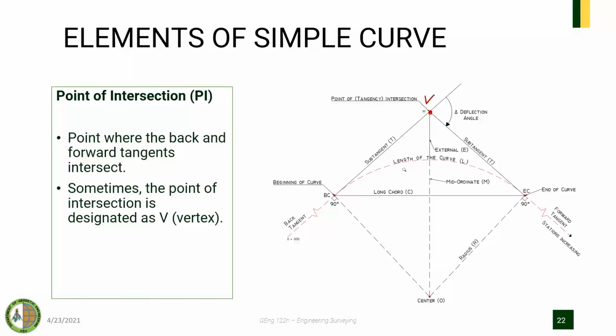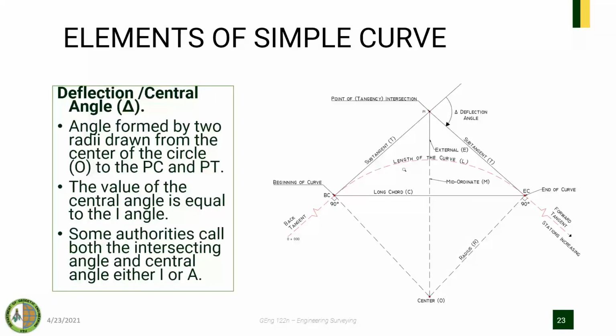Next we have the deflection angle or the central angle. This deflection angle subtended by two tangents, which is this one, is just equal to this central angle, right? If you review your geometry, you would fully understand why this angle equals this angle, because this is perpendicular, right? It is an angle formed by two radii drawn from the center of the circle, let's say point O,